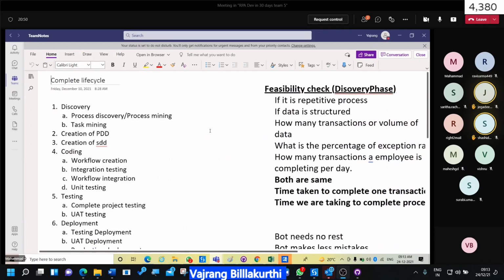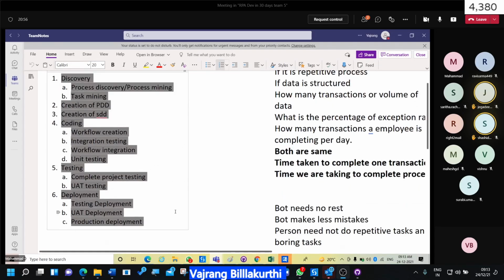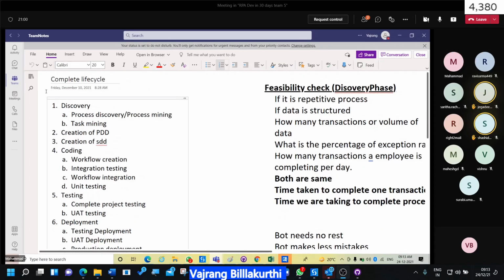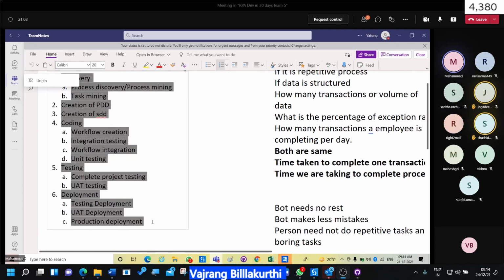I want each and every step to be marked as completed once the step is completed. Don't go to the next step until the previous steps are done. Vajrang, can I copy this to a Word file?